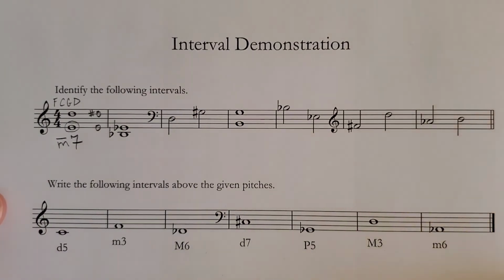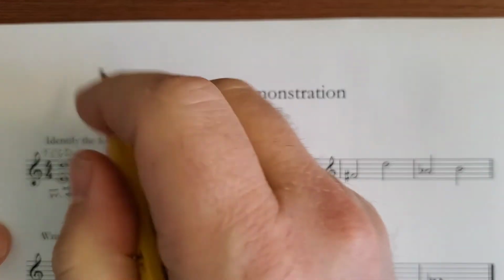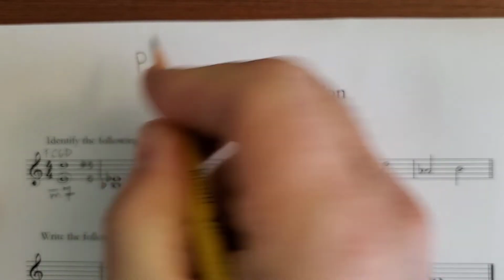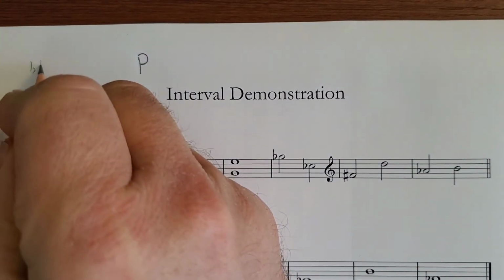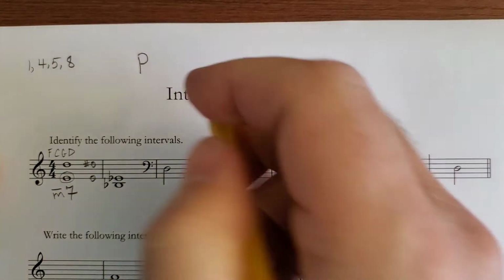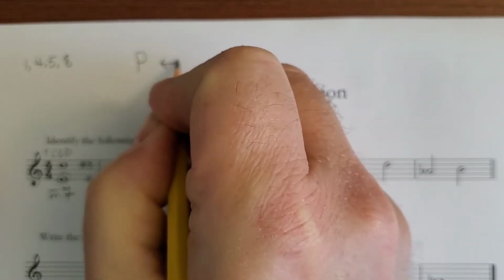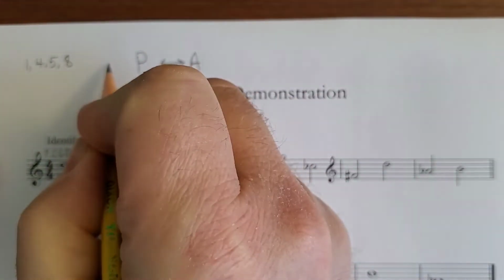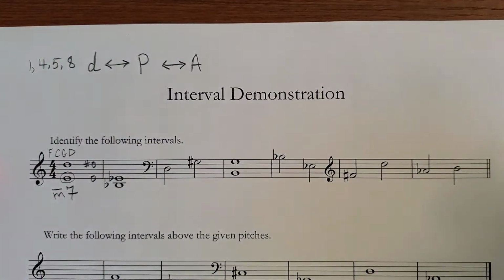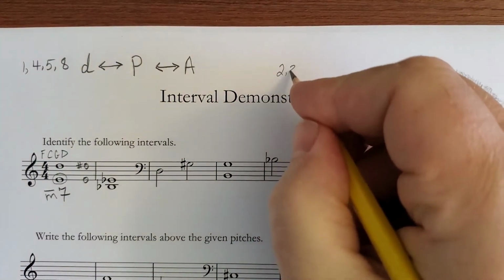You might find it helpful to jot down or just review the chart. So remember, for perfect intervals, which includes the unison, the fourth, and the fifth, and the octave, if a perfect interval becomes larger by a half step, it goes to augmented. And if a perfect interval becomes smaller by a half step, it goes to diminished. And then for the major and minor intervals, which includes seconds, thirds, sixths, and sevenths,